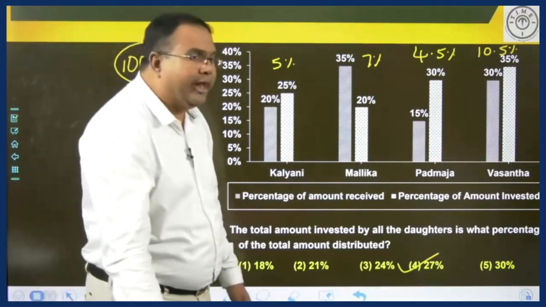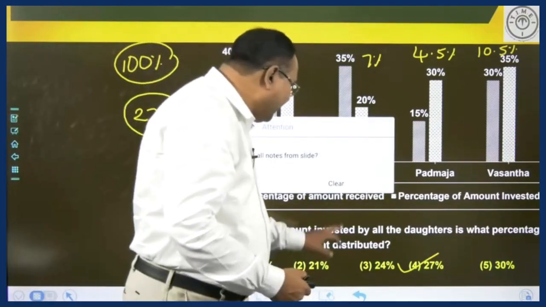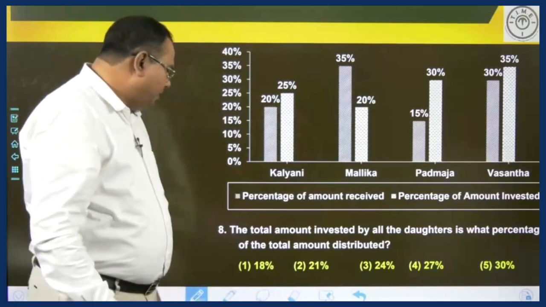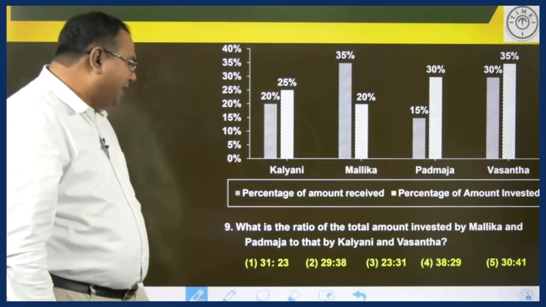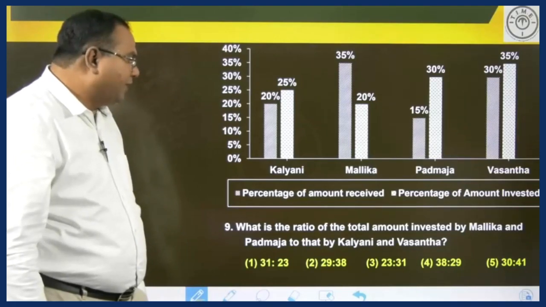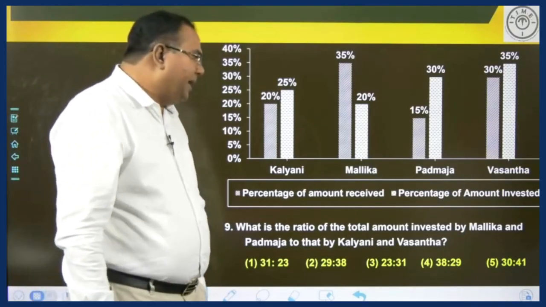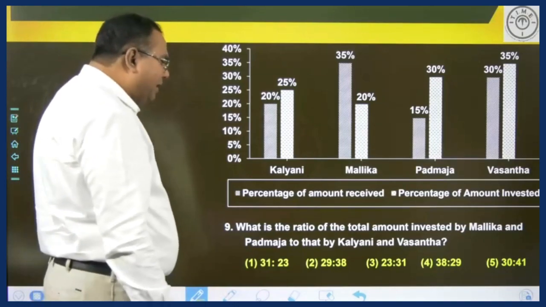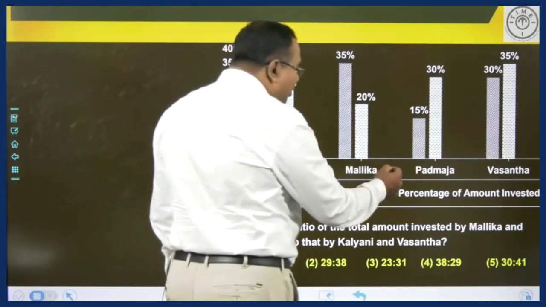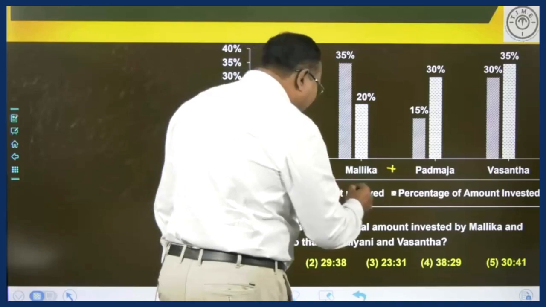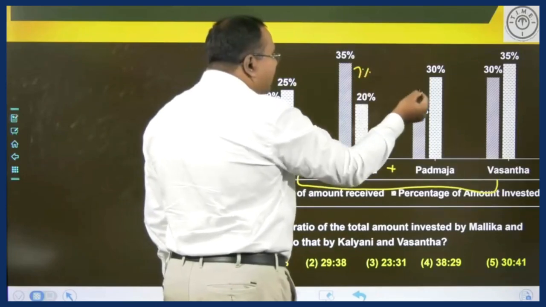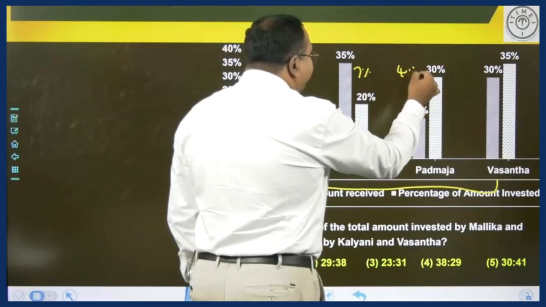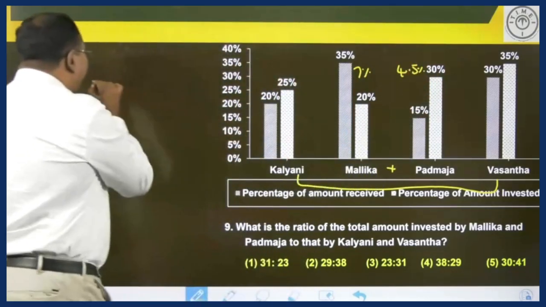Right? Let's move to the next question. Question number 9 on your screen. What is the ratio of total amounts invested by Mallika and Padmaja to that of Kalyani and Vasanta? Mallika and Padmaja, these two together, is to Kalyani and Vasanta. How much has she invested? We have calculated, 7%. How much has she invested? 4.5. So it is 11.5%